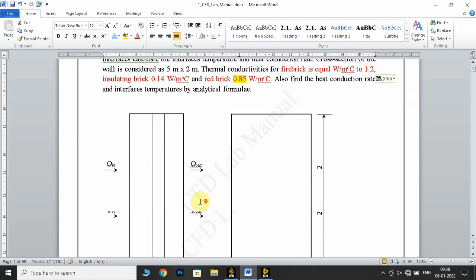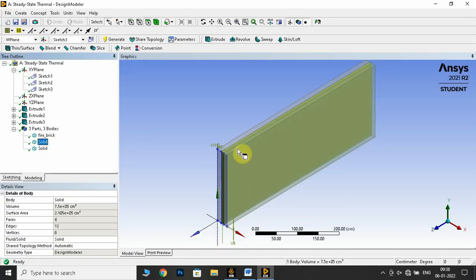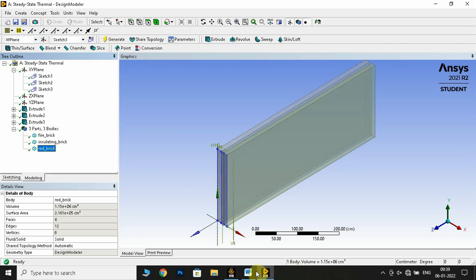And the second 7.5 centimeters thickness is insulating brick, so rename the second solid as insulating brick. And the final one, rename as red brick. Okay, we renamed all the solids.